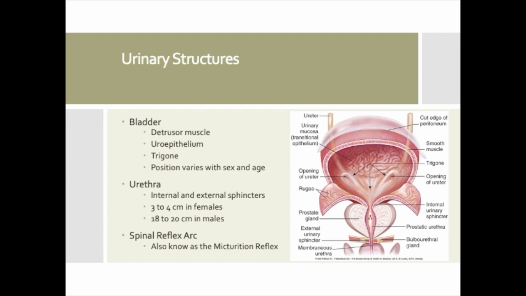The bladder is going to contract, and the internal urethral sphincter will eventually relax through the activation of this spinal reflex arc. Sometimes this is known as the micturition reflex. So at this time, you're going to feel like you have to pee. Okay, so at the height of the micturition reflex or the spinal reflex arc, you get this urge to void,